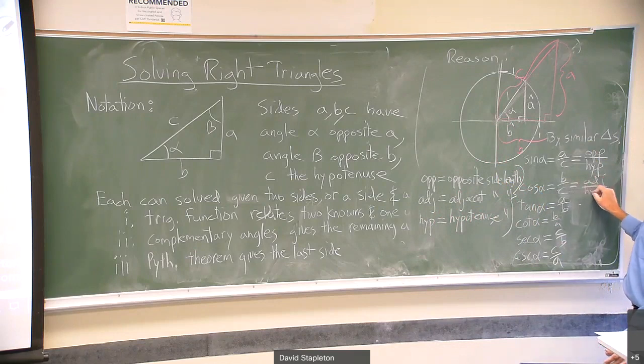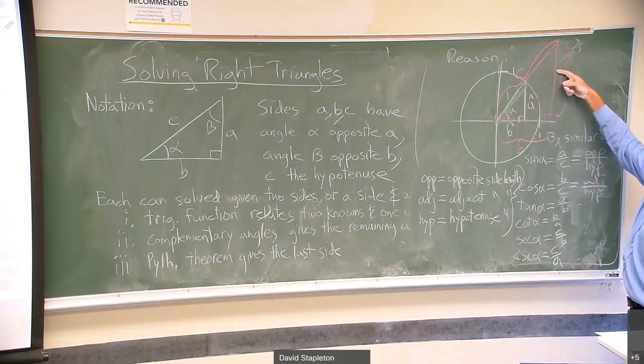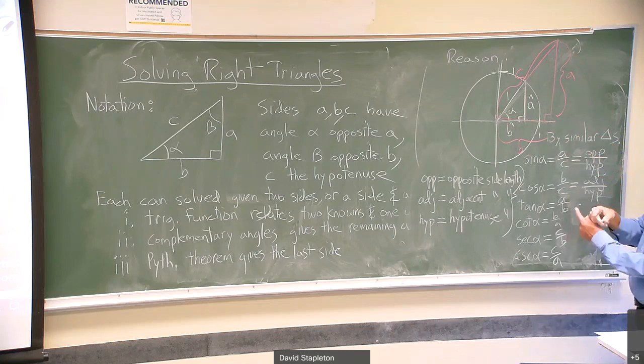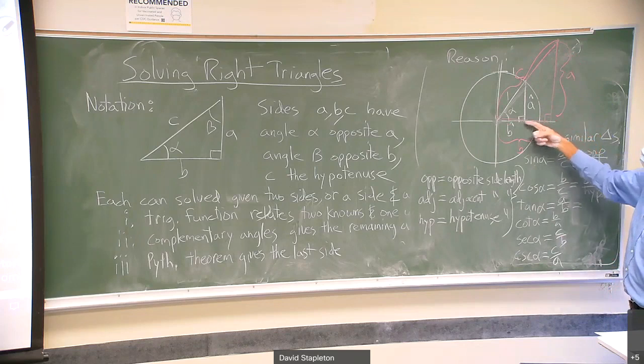This is really to be preferred because if you turn this triangle around and put alpha up here, now you've got to put A down here and B up here for these letters to work. And it gets very confusing to reorient yourself when the triangle is turned around at different angles. So it's easier to put opposite over hypotenuse, adjacent over hypotenuse. A over B would be opposite over adjacent. It's the tangent,